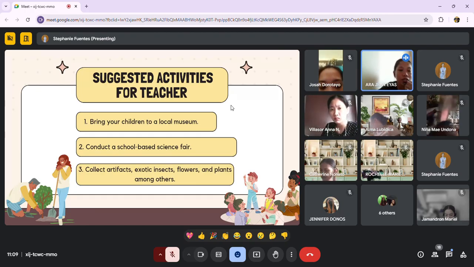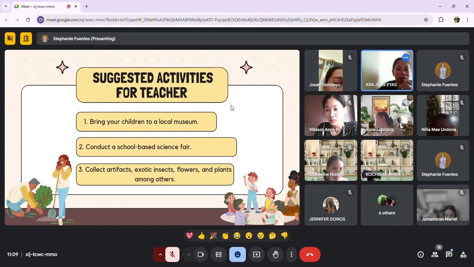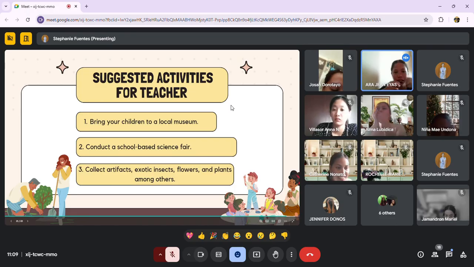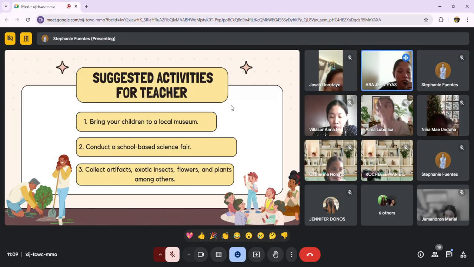So in conclusion, the importance of demonstration and exhibition in the educational process is that it offers unique opportunities for both the teachers and the students. Demonstrations, when effectively conducted, can engage students, enhance their understanding of complex concepts, and spark curiosity. They provide a clear and direct way to illustrate scientific principles, and they also make abstract ideas more tangible and memorable. On the other hand, exhibitions serve as a platform for students to apply what they have learned in a more creative and hands-on manner.